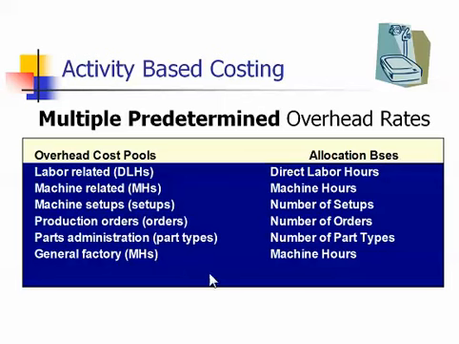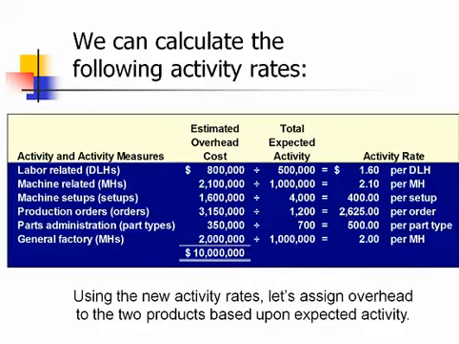Each one of these cost pools is then allocated on a separate allocation base. Let's look a little more closely at our activity-based costing. We calculate an activity rate for each of the separate activities by dividing the estimated overhead cost by an activity base, and we get,